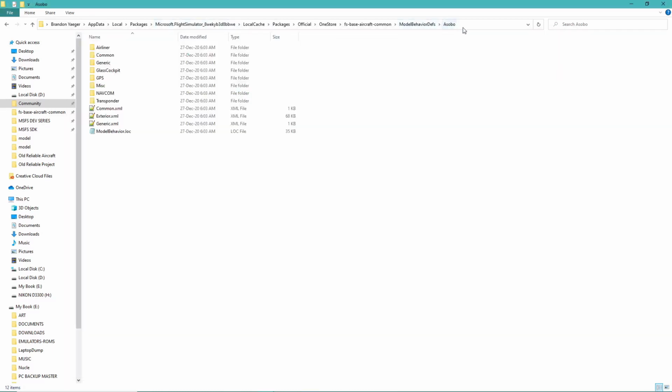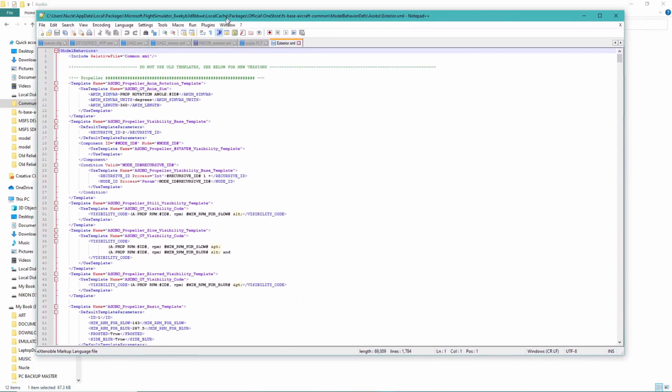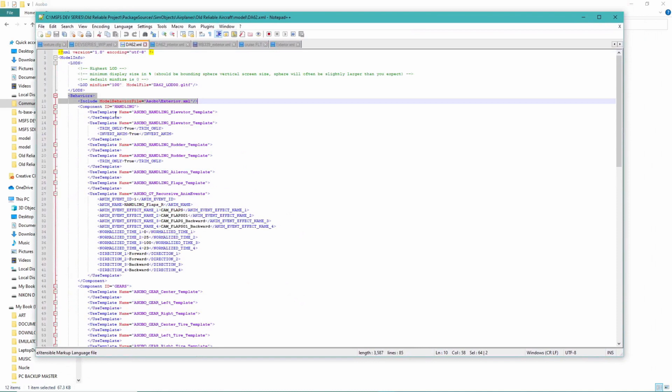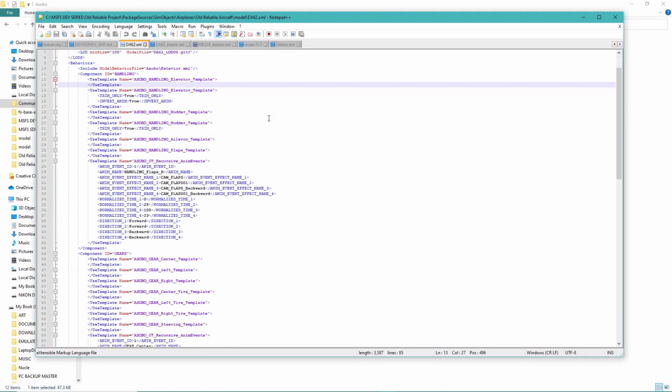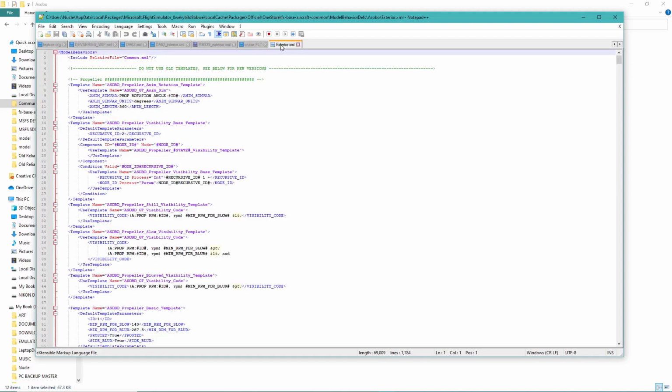So once again, we're in Asobo. Oh, there it is, exterior. Okay, so we click on exterior. And this will take that template, whatever we're using. For example, let's go to handling. What we're working on are ailerons, right? So this aileron template, okay? Let's go back into that exterior XML. Close a couple of these things so it's not so confusing here. And let's go find our